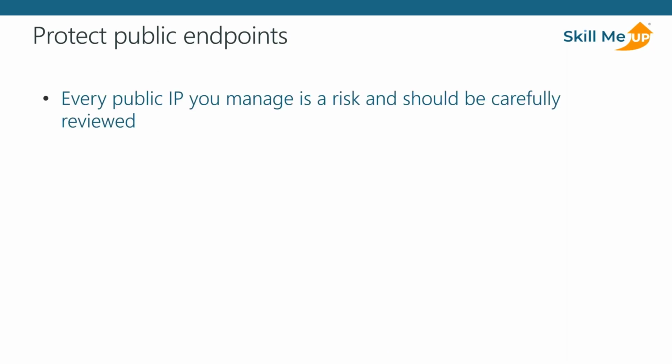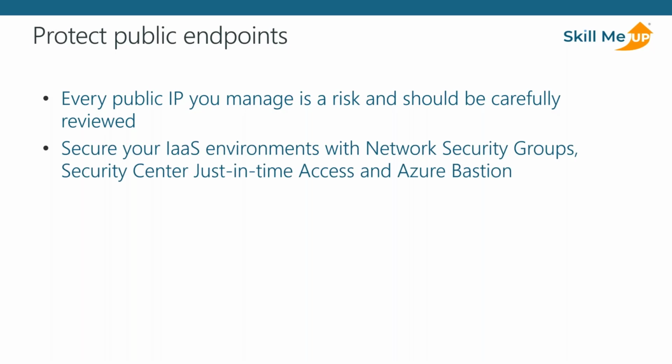Any public endpoint you manage in your Azure environment is a risk and should be really carefully reviewed. For infrastructure as a service, it means that you should apply, for example, the native security components, such as network security groups, just-in-time access for Security Center, which is a feature of dynamically changing those network security groups, similarly to PIM, removing a lot of the footprint of permanent access. Or lastly, Azure Bastion, which